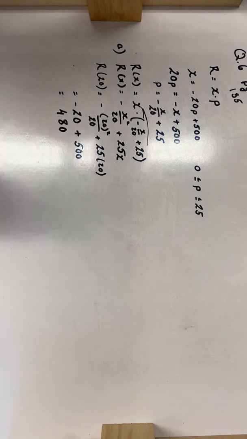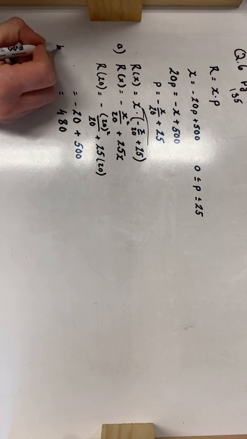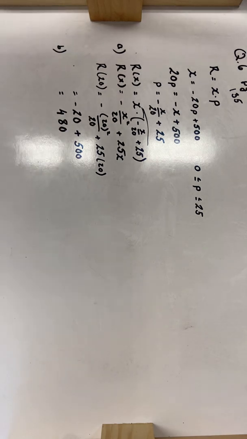480 units of currency, $480 if you like. That is my revenue if 20 units are sold. That is R of 20. And that is part B complete. Part C